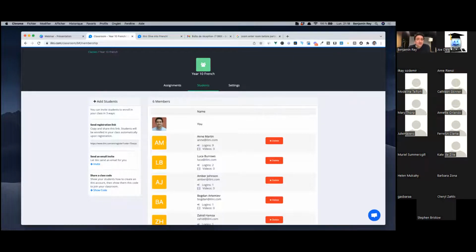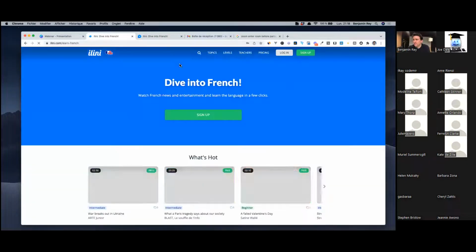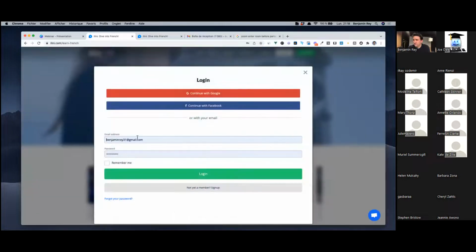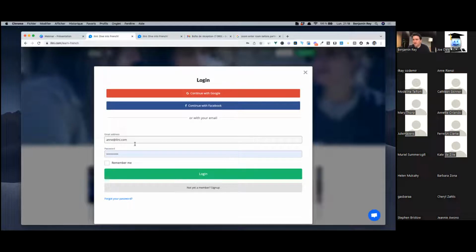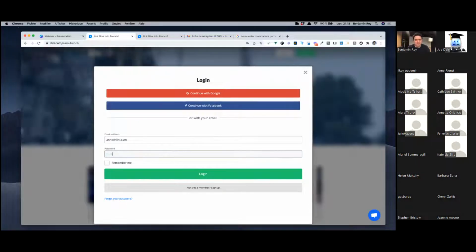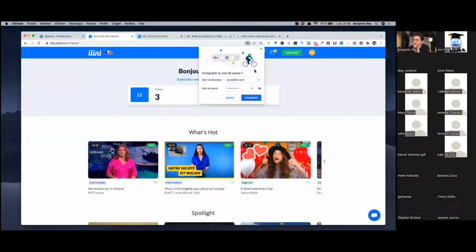And so, yeah, assignments are very easy to use for students too. Students create their account on Ilini and they join your class using the invitation you sent them. Maybe I can log in with a student account to show you what it looks like. So for instance, if I log in as Anne, who is one of my students in this classroom,